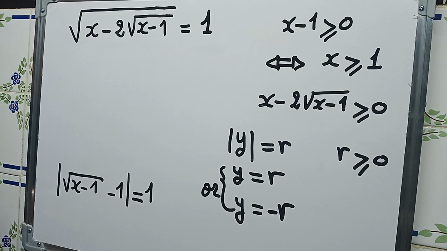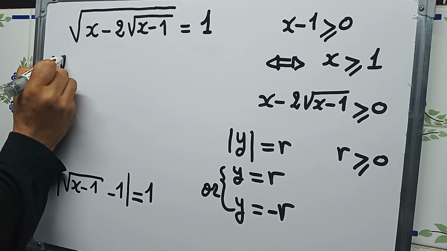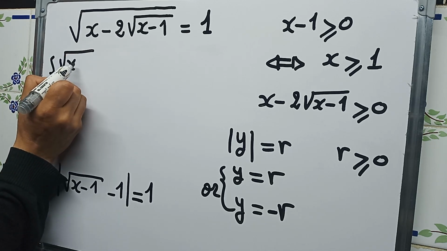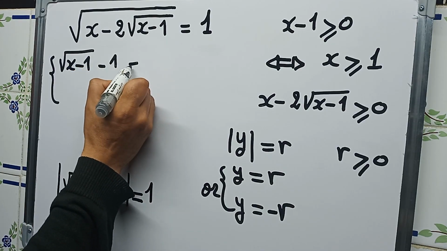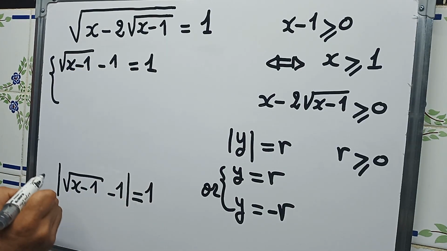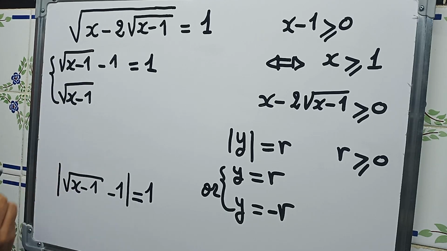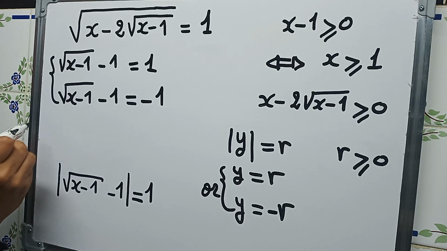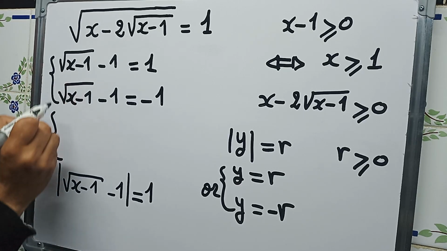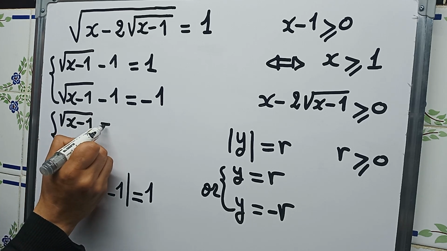So here in our equation we will have square root of x minus 1 minus 1 is equal to 1, or square root of x minus 1 minus 1 is equal to minus 1,